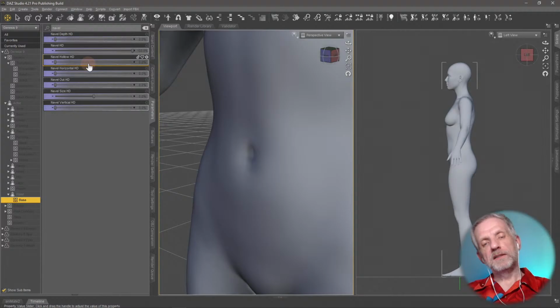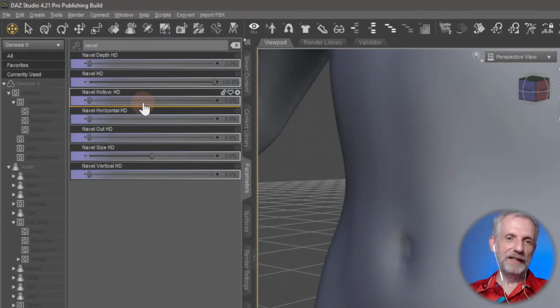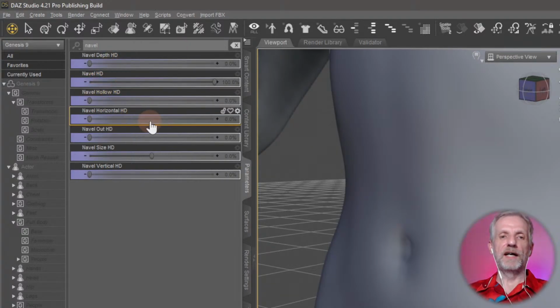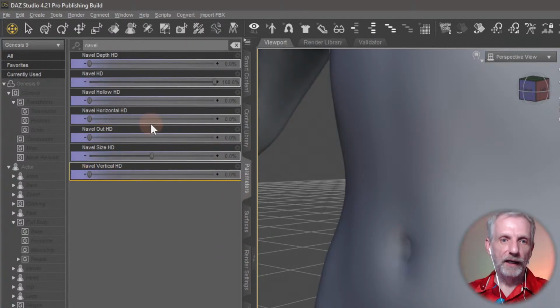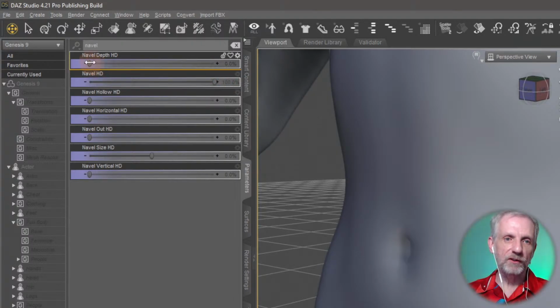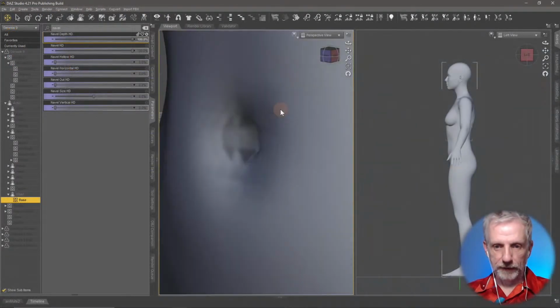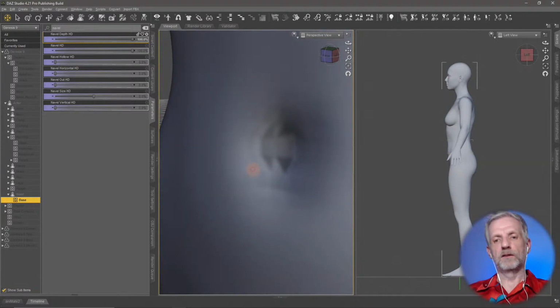And this brings up another interesting thing that I wanted to bring to your attention before we carry on. Anything that mentions HD means it's a morph that works on a higher subdivision level than the character might currently be dialed into. So if you were to dial in navel, HD is already dialed in, but if you say navel depth HD